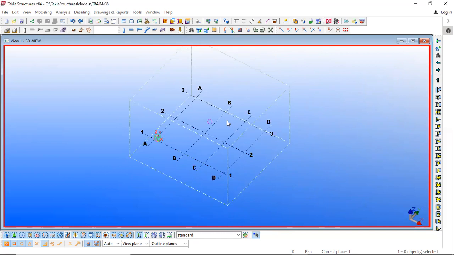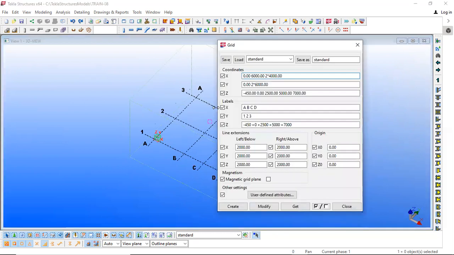Then we have grid properties. In grid properties we enter the different coordinates, x, y, z coordinates. We have to enter them as per the design drawing given to us. In the design drawing, it will mention the grid spacings we have been given.